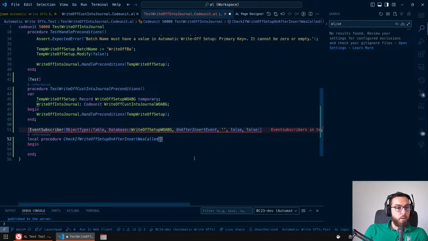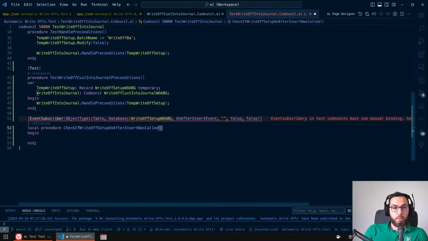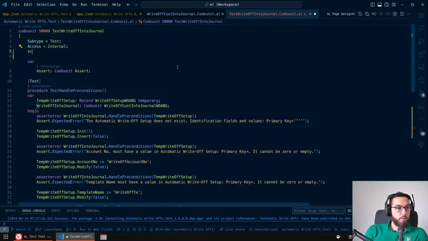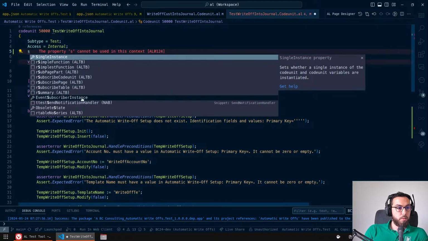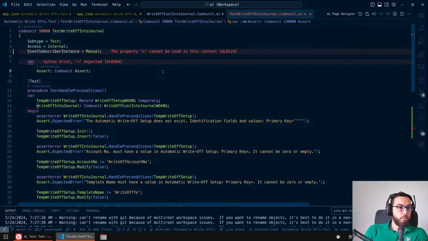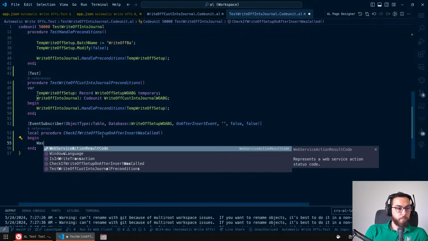I don't think I need any variables, and the error message you're seeing here, I'm not sure if I need to collapse this. Event subscriber in test code units must be manual binding. I need to change the subscriber instance in here to manual. Now the error goes away, but the event will not fire automatically. To actually have this fire correctly, I need to bind subscription, and I will do that in a minute. And